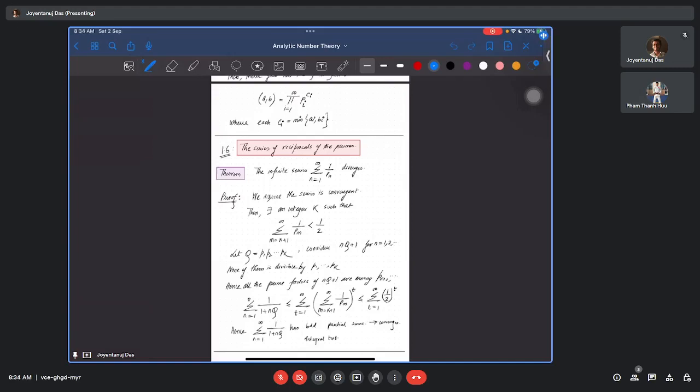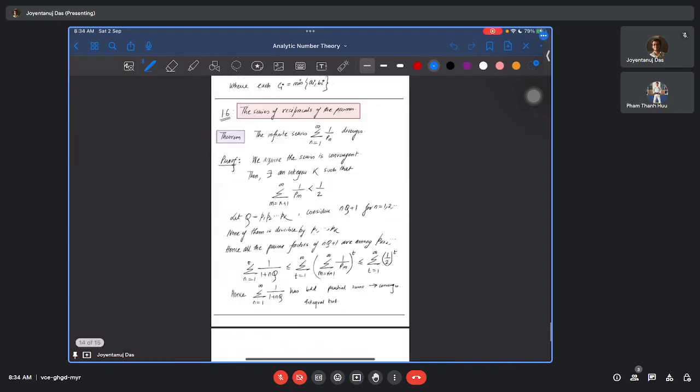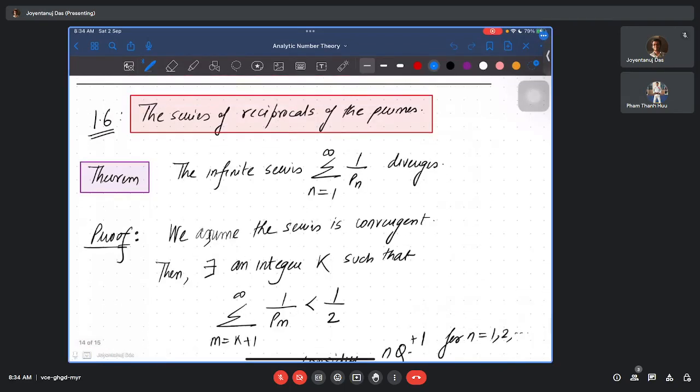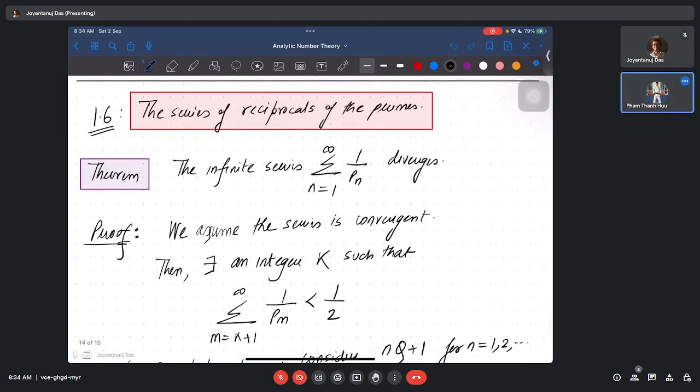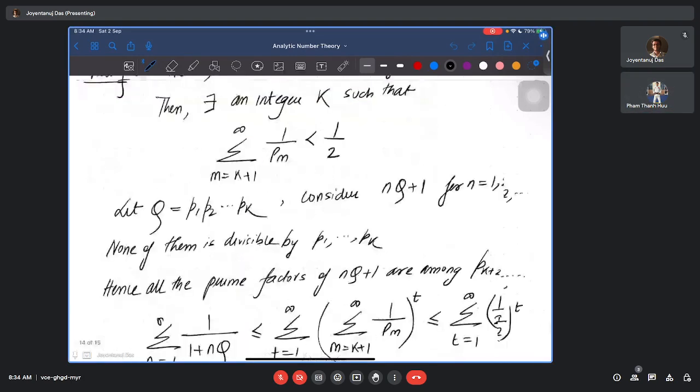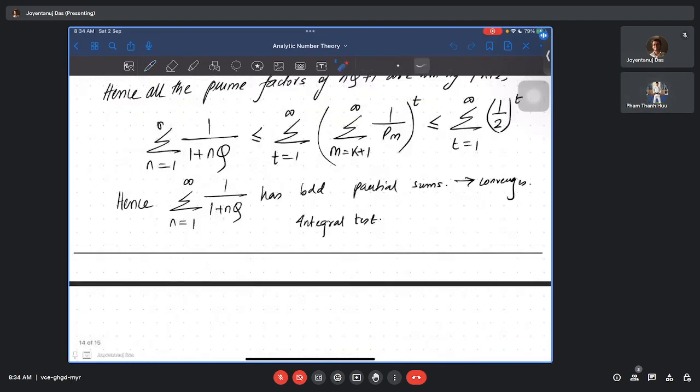So last time, we were showing the proof that the infinite series of 1 by Pn, the reciprocal of the primes, where P1, P2, P3 are the primes and Pn is the nth prime, is divergent. That is what I want to show. We will go to the proof later, but here we came across something called the integral